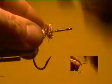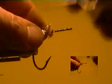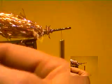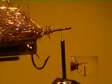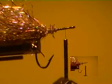Saving one of the best ones for last for y'all. Let y'all get knowed up on how to use the material. Yeah, but everything's slowing down, so I'm gonna get back to tying flies. Looks like the rush is over until I get Googled. But anyway,